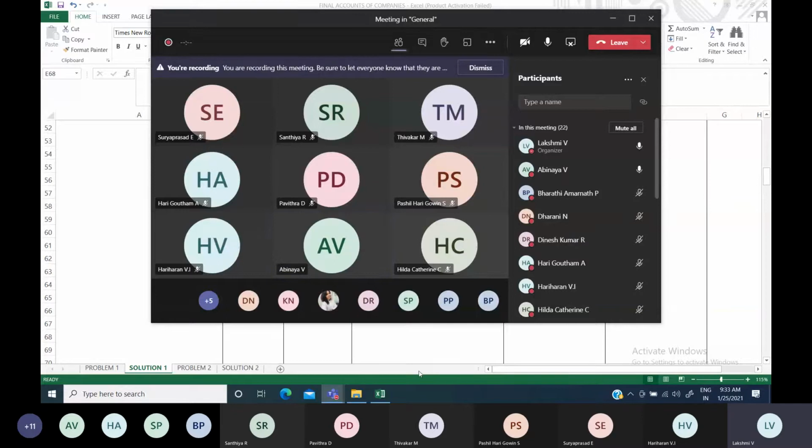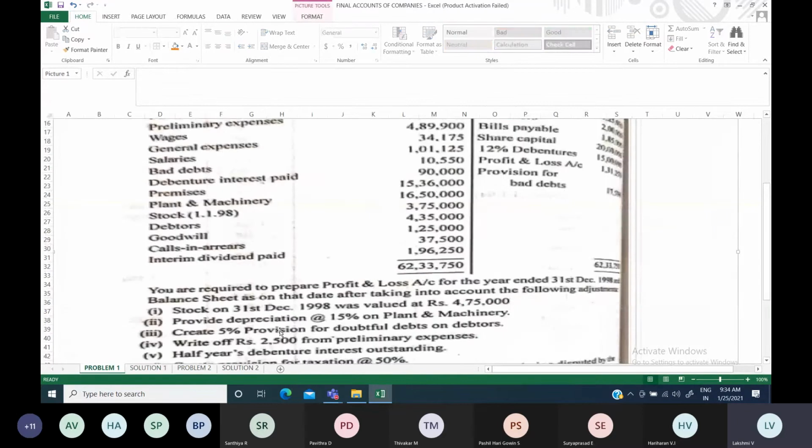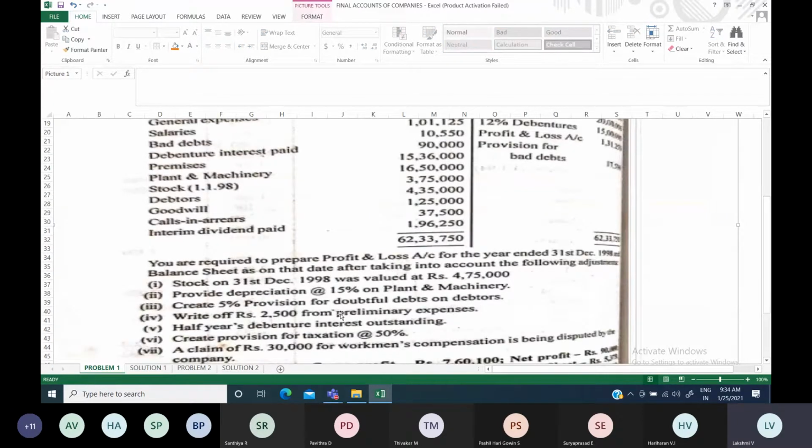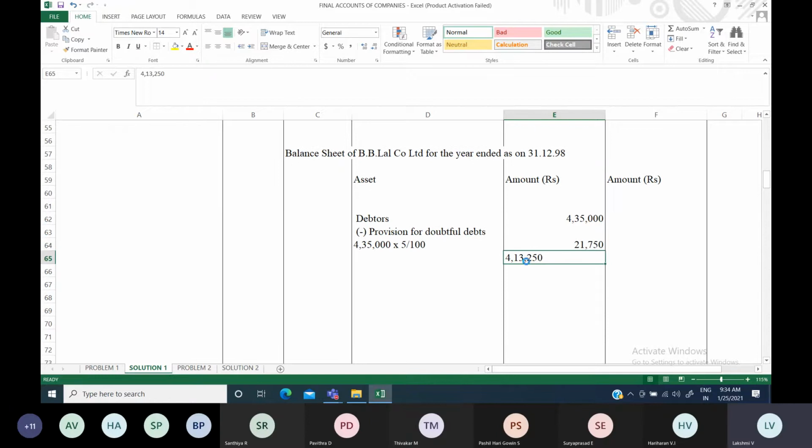Okay. So if you see this amount, if you have any discount on debtors, if it is mentioned in your sum, you can enter the amount here, because the provision for discount on debtors you will be calculating and put in this column. But if you don't have a provision for discount on debtors, you just take this amount and put it under the last column. If you have the calculation, you can put it in the first column. If you don't have the calculation, you can go to the second column and enter.